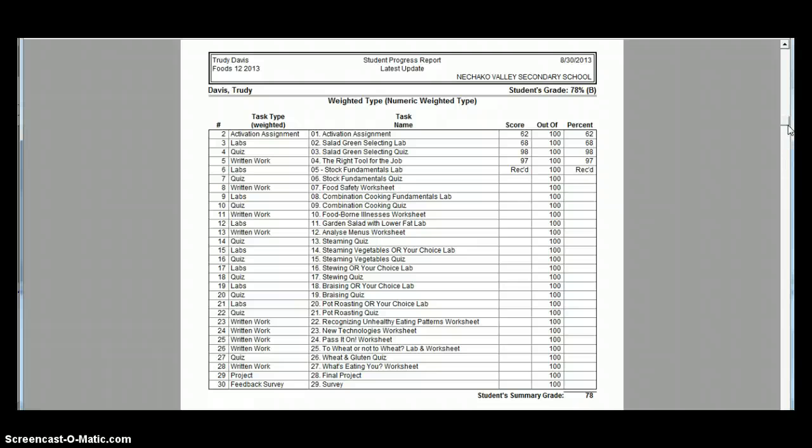And just to make really sure that you are receiving your grades, I will be sending a student progress report each Monday, sometimes Tuesday if it's a long weekend, and it also has all of the assignments and your marks. What is a little different in this program that I quite like is that I can put in REC'D, which stands for received. I've received your work, but I haven't marked it yet. The other two programs don't have that option, so you sometimes wonder, did the teacher actually receive this work? Well, when you look at your progress report that's sent to your email, you will see that I've received it.